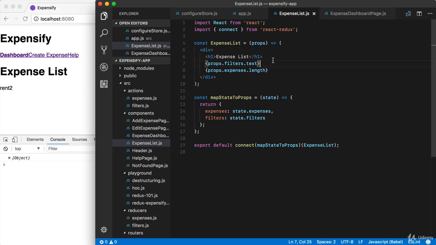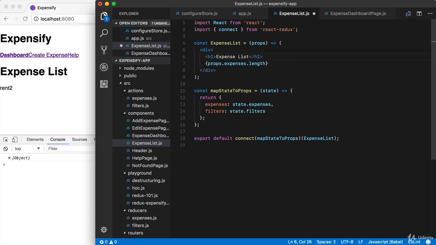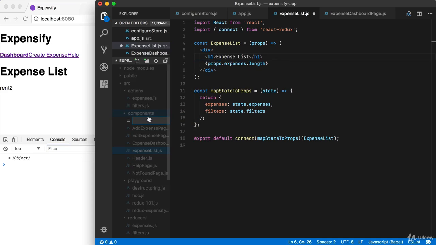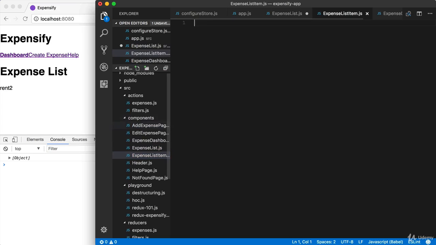Now I am going to remove the filter from showing up. We don't need that. That was for demonstration purposes only. And the goal is to create a new component. We're going to do that right here. That'll be expense list item.js. And it's actually going to be your job to fill this out. In here, you're going to export a stateless